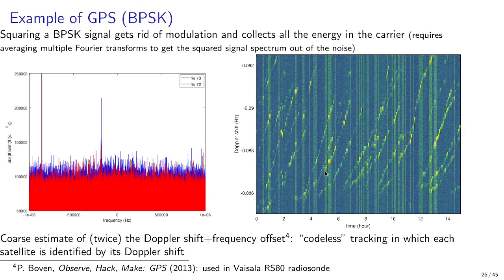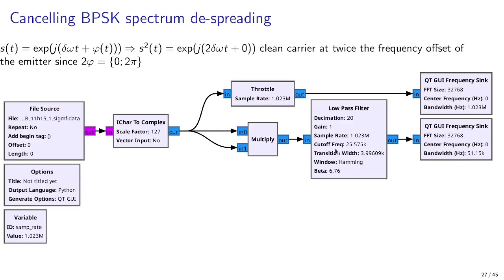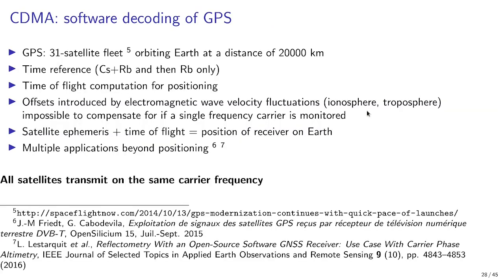Indeed, GPS satellites with their period of 12 hours will rise over the horizon, fly overhead and set on the opposite side of the horizon, following a typical arctangent function of their velocity distribution. As was mentioned earlier, the codeless technique degrades the signal-to-noise ratio with respect to correlation because the noise itself is squared as well, so that the real decoding of a GPS signal will involve a correlation using the processing technique seen earlier. So we now have all the information for decoding GPS signals by not using squaring codeless processing but